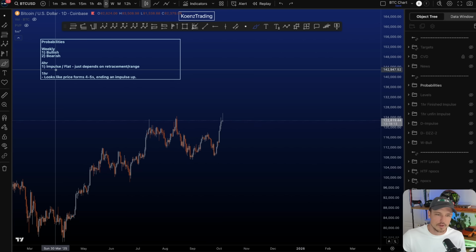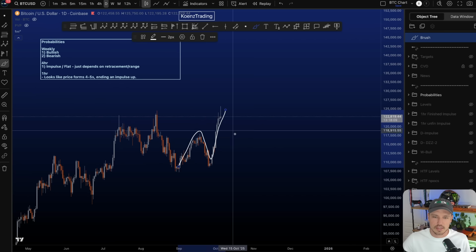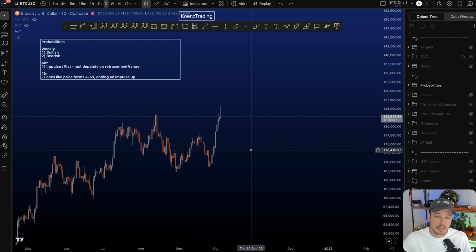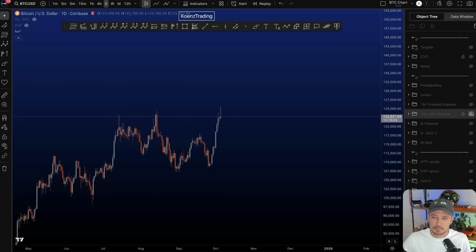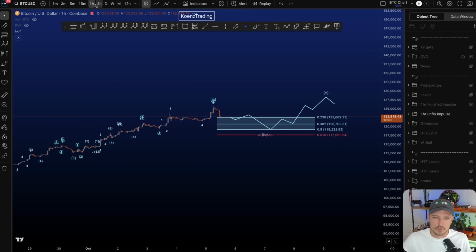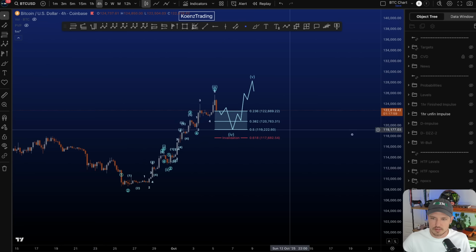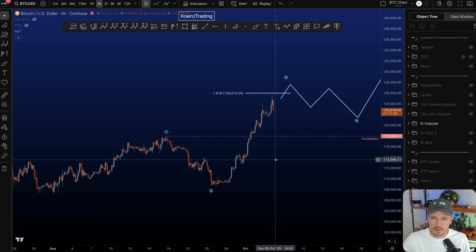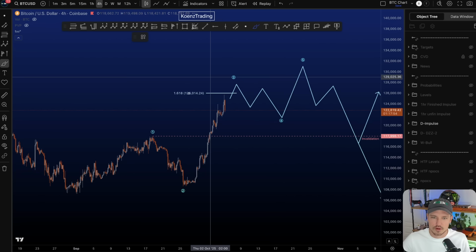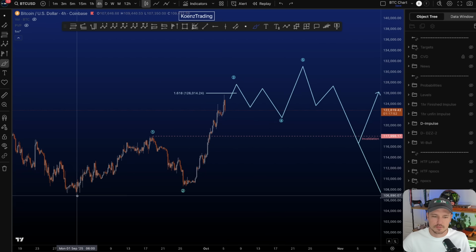On the 4-hour time frame, impulse or a flat depends on the retracement range. You can count this as an A, B, C, or 1, 2, 3. We just have to wait for the range to develop. If price is going to move beyond the 1.618 trend-based, taken from start of 1, end of 1, end of 2,